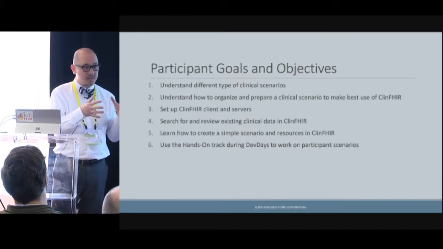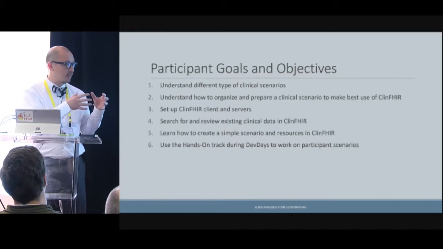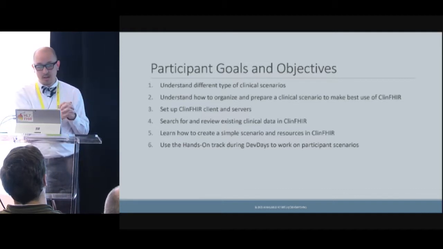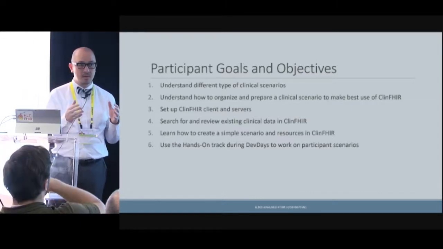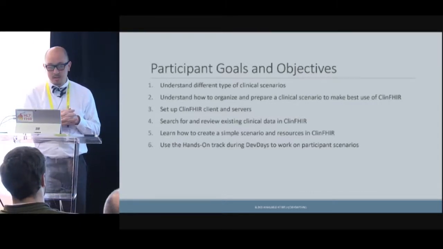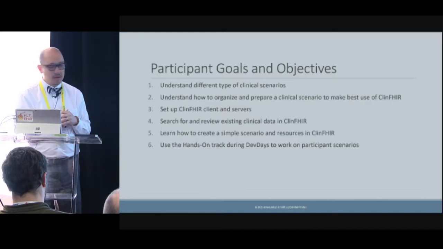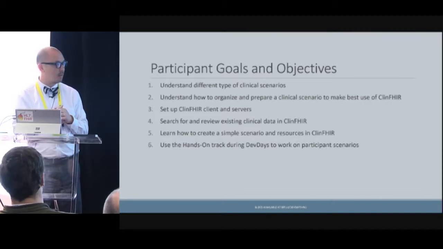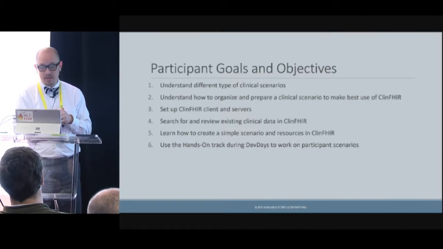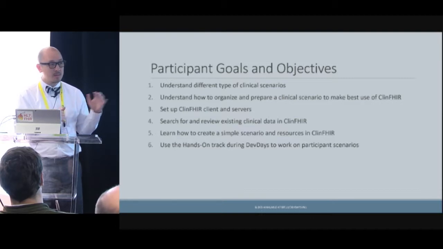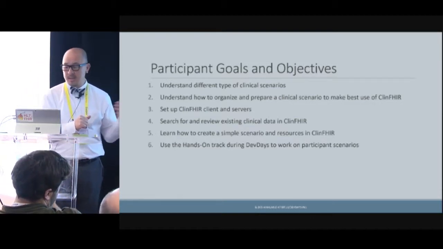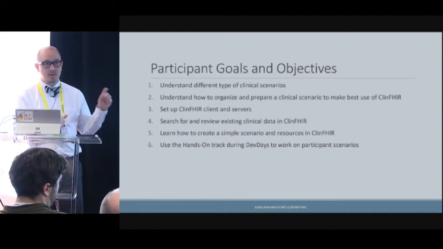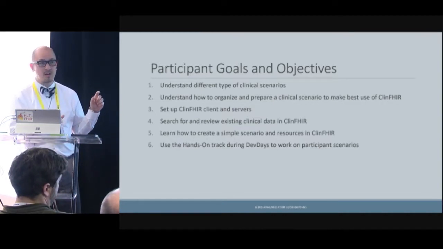But in the FHIR space, I try to bring us together in this unified idea of what we're using that term in our discussion. I want to help you get a sense of how you can organize a clinical scenario so that you can use clinFHIR effectively, set up clinFHIR, use the servers, understand how the servers work for you, and then we're going to do some exercises around looking at data that's already on a server,